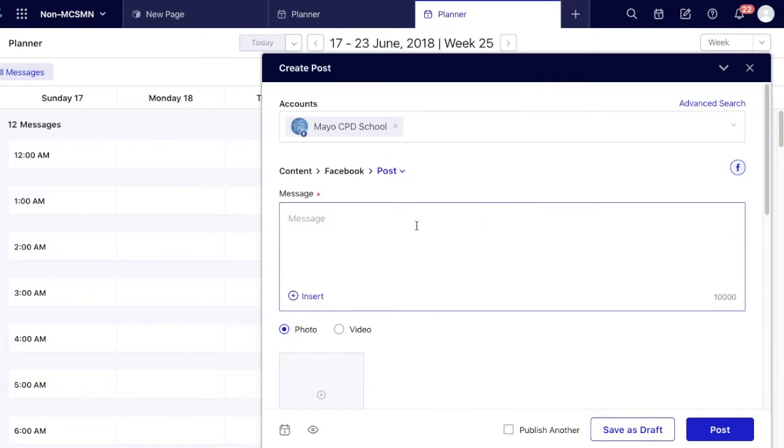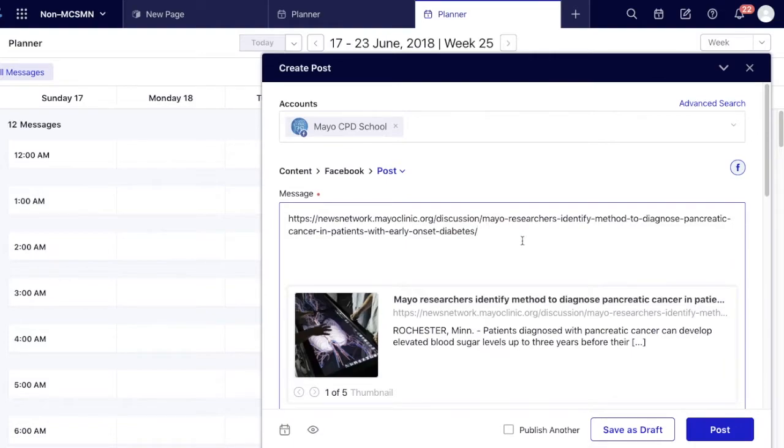I'll show an example of inserting a link. This is a link from the Mayo Clinic News Network. You can see, being that Mayo Clinic owns this domain, it's a mayoclinic.org domain, we have the ability to edit something here. Like if we didn't want it to show Rochester, Minnesota as an example, we can edit this down here,